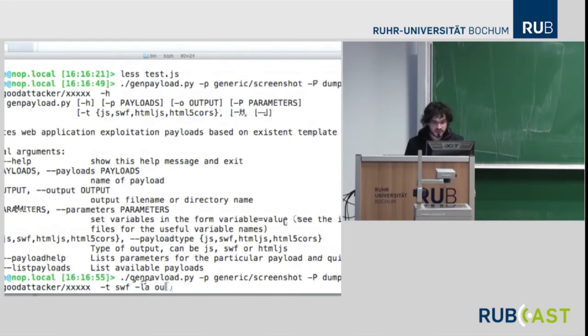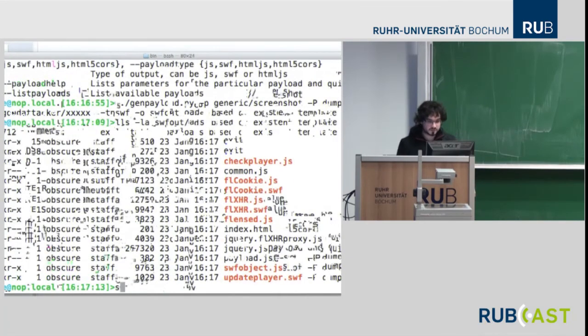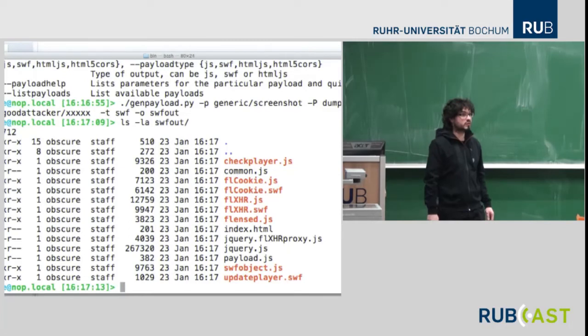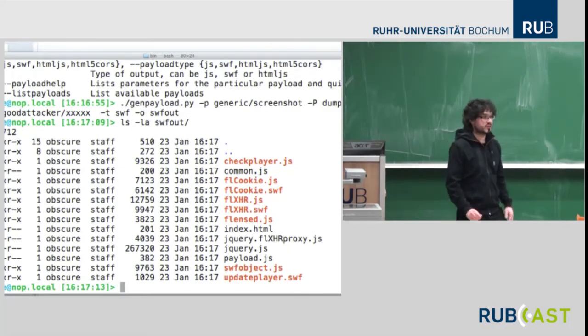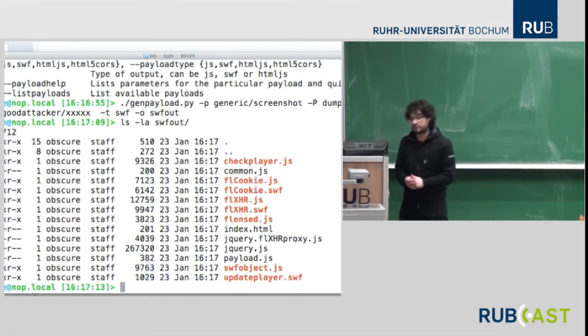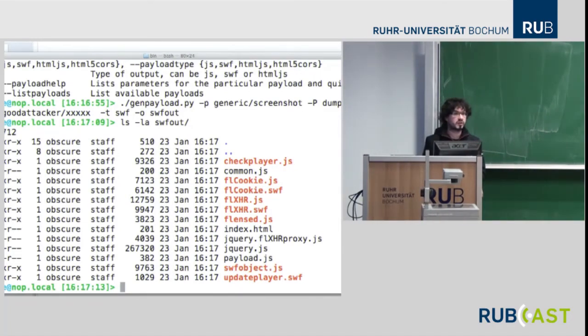And now it created a directory with all the files you need. It included FLXHR, which is an interface which mimics XHR, but uses Flash instead. So this is great for us when we want to exploit an insecure cross-domain.xml. And then you have index, which calls all these scripts,